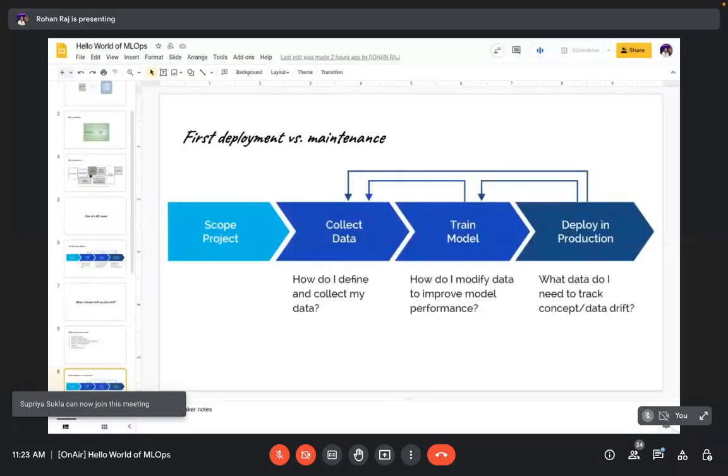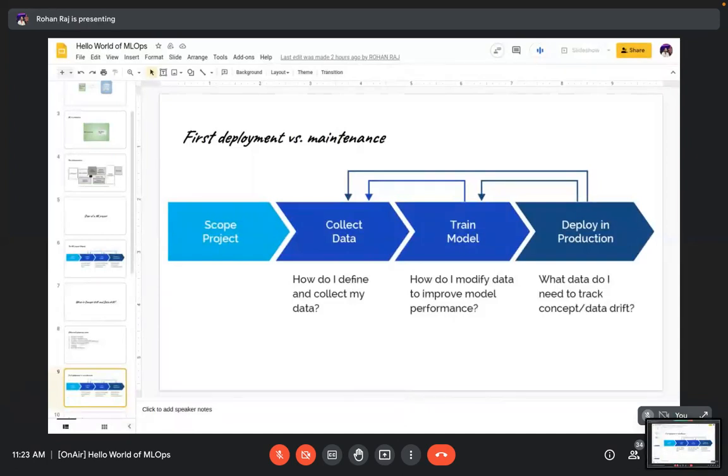Next is deployment versus maintenance. In the real world, once we deploy our model, our work does not stop there. As I mentioned earlier, the data shifts, the data changes in real time. So to keep our model consistent with current real-world examples, we need to keep on training our model in loops. Let's suppose we have a fresh batch of data which shows some trends which are not consistent with the batch of data which was sent earlier to the model. In such scenarios, what we need to do is